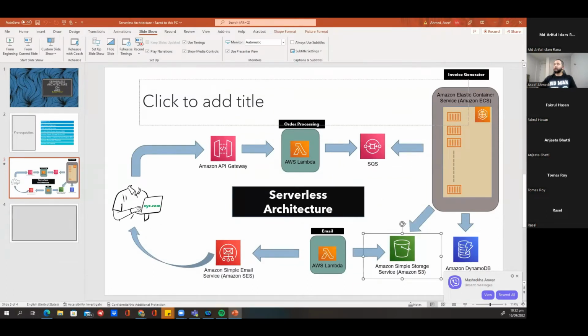And what next are we gonna do? Let's just give me a second. I have a GitHub repo which I will share with you later on. There are two microservices. One is called order processing, as you see here, and another microservice which is email service. So order processing microservice will process the order, and email service will send the email. So these are two microservices which have already been deployed into AWS Lambda. So if I go to my Lambda functions,